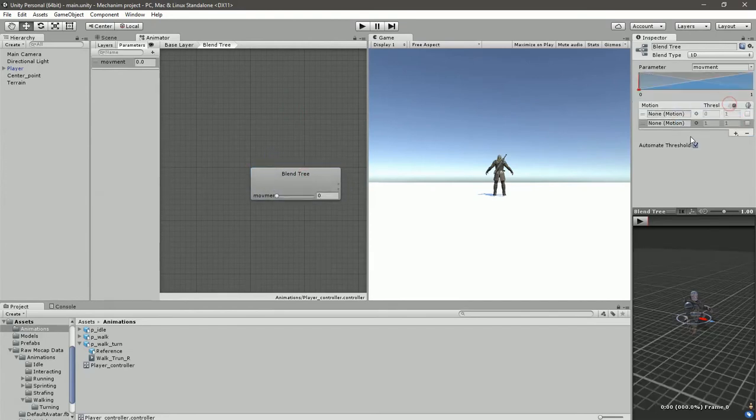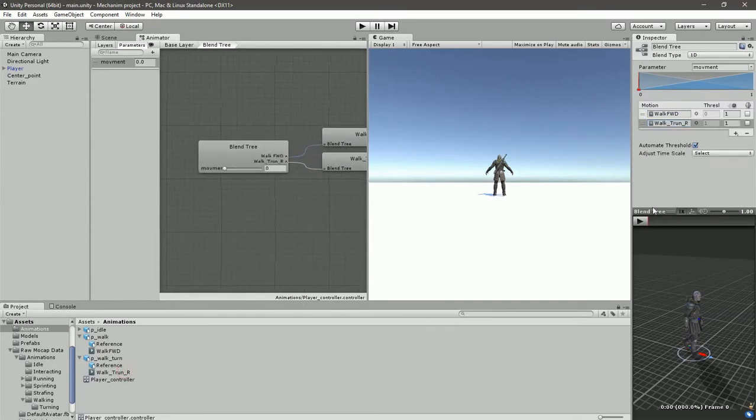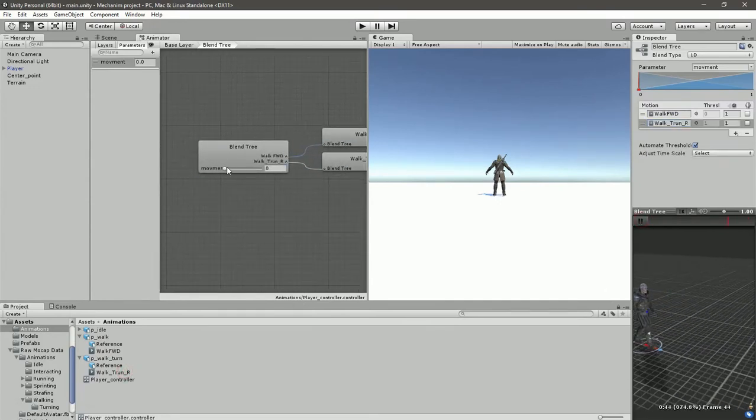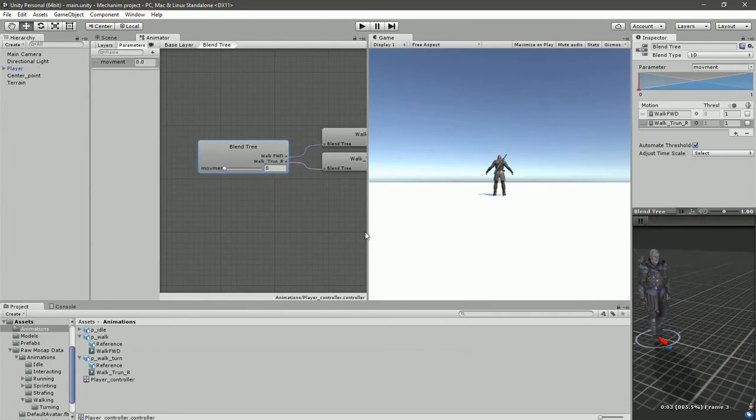So anyway, just let me add two animations. First would be walk and second would be turn, and let's hit play. As you can see, the blending is done sometimes really randomly,